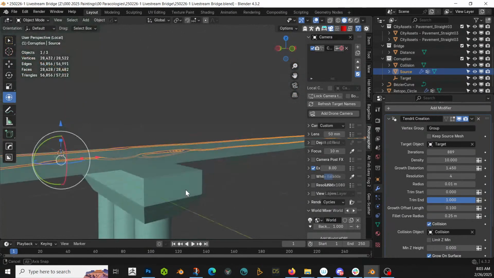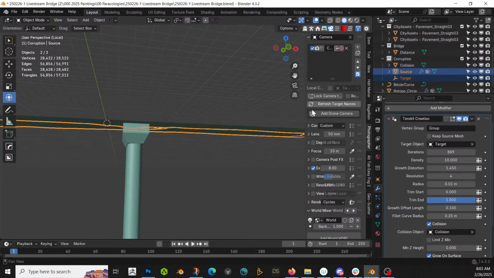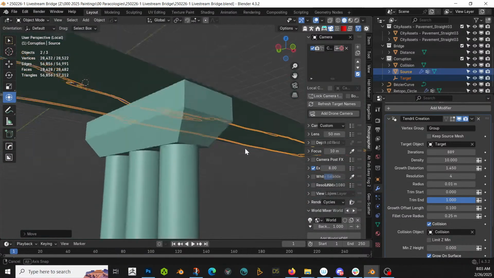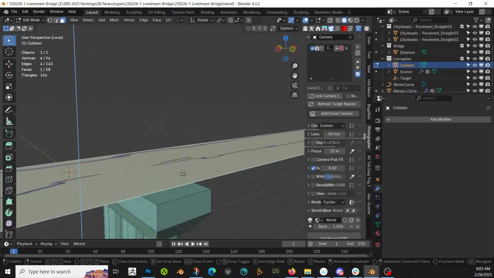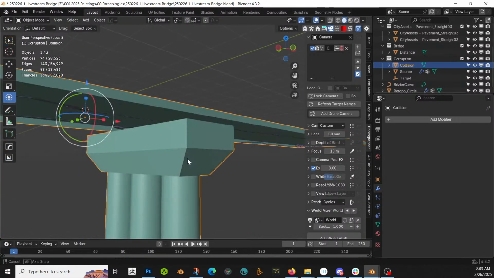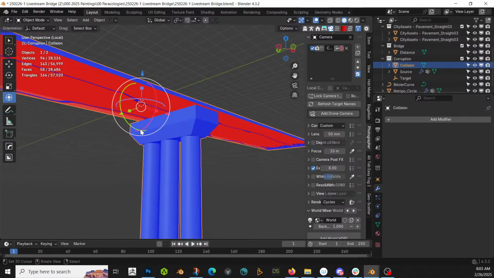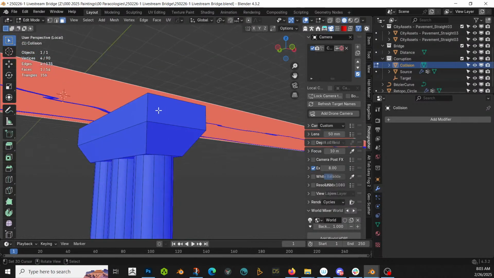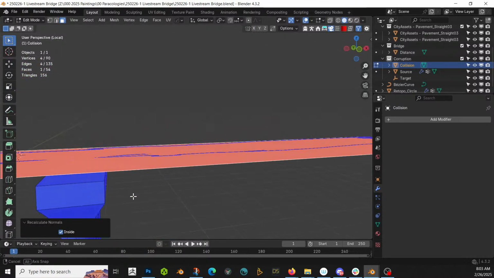Ah, it's running through that, isn't it? Oh, it's because it's on top, isn't it? Source and target. Let's grab those. G Z down slightly. No. Still... I want those to be unified. This tab, E. Yeah, it's going on top, isn't it? Oh, V, face orientation. No, we're right. No, we're wrong there. Undo, undo. Let's just try this. Shift N, recalculate normals on the inside. I know that makes a difference, but